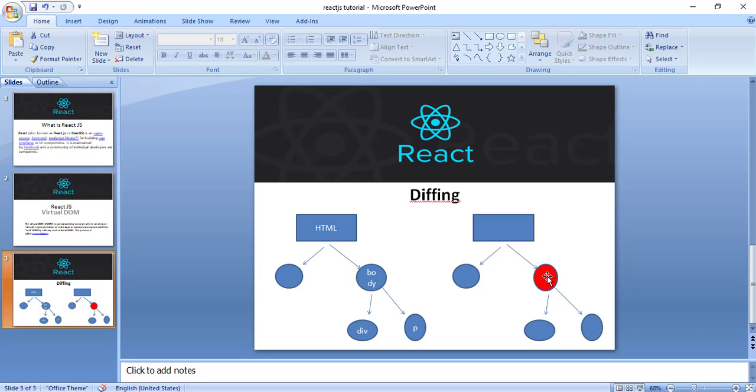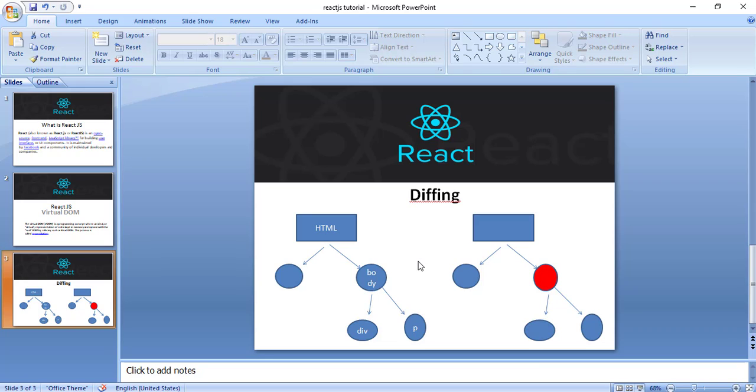Friends, I think that you are getting my point. React will compare the trees of previous state and current state, and it will find the best approach, the best path, the minimum number of changes, so that it can go to tree 2, and those changes will be used by React DOM to update the actual DOM.